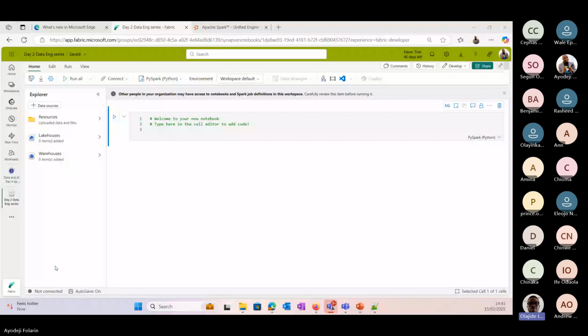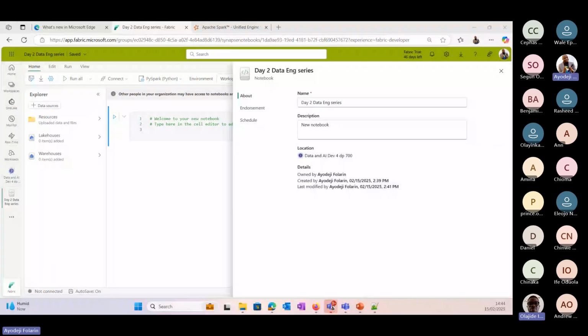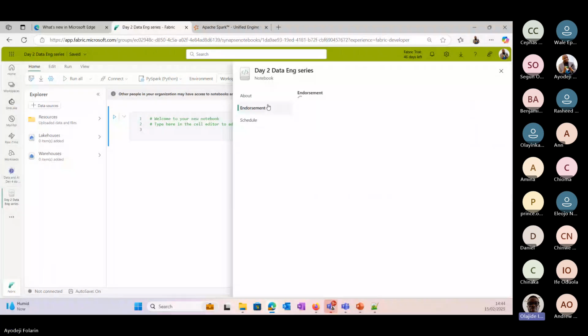Sir, I can hear you, but your screen is not changing. And I'm sure that people want to see the steps. I hope you understand. Your screen is not changing. It's still on the same page. Even the settings you clicked on has not shown. You know, when you click the settings, the pane will open to the right. So nothing has changed.